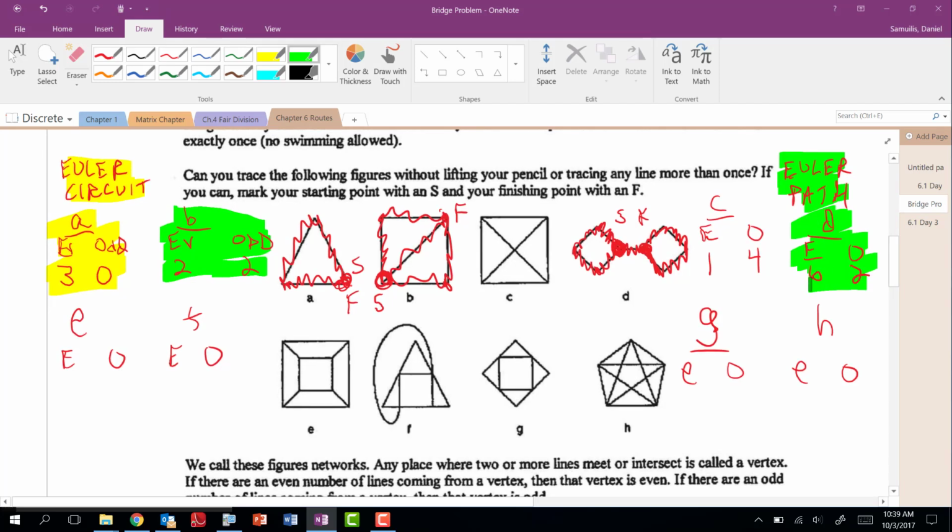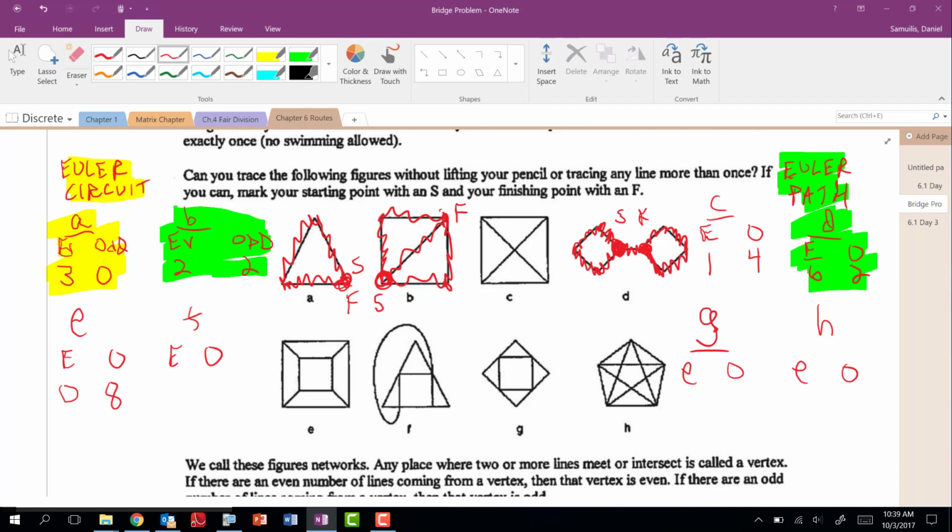Let's do the rest. Okay, the next one, letter E. How many evens? How many even degrees? Uh-oh. So I don't think I had my class do this unless they just don't want to share. Are there any? 0. How many odds? Were you able to do the process? Were you able to hit every edge exactly once? No. And I'm not going over that. If you didn't go over that with your group, you're behind.